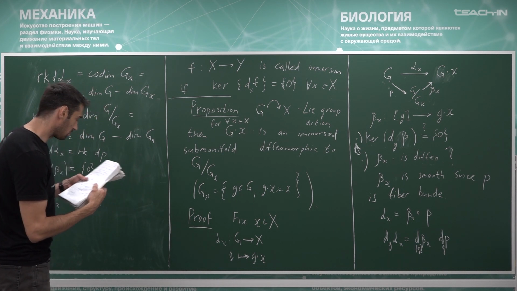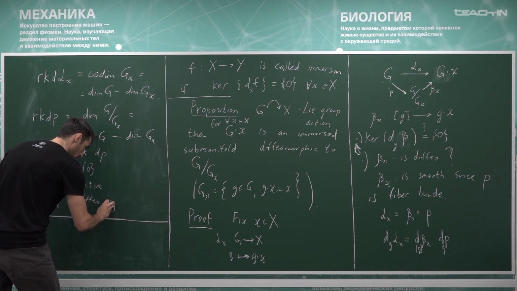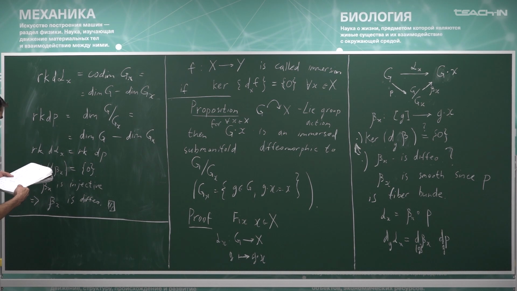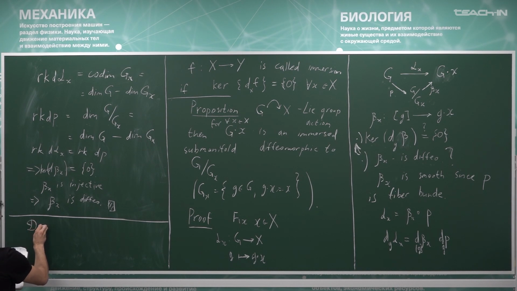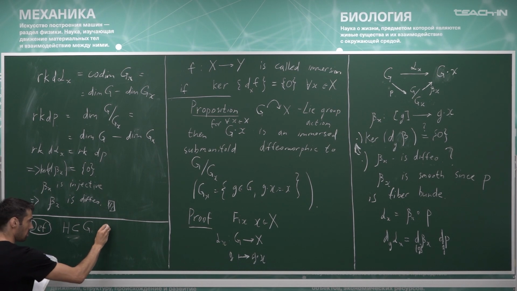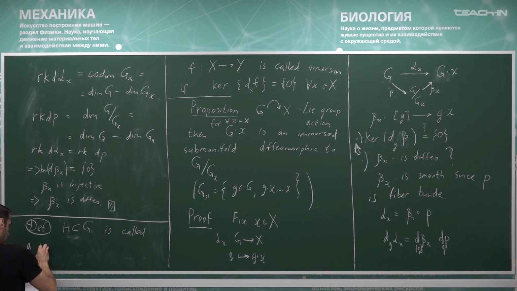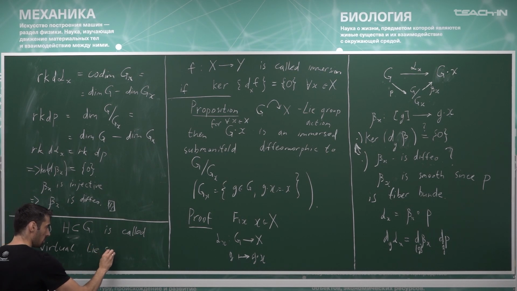Okay. So next notion that we need is virtual Lie subgroup. So definition. So suppose I have H inside G, and H is called a virtual Lie subgroup